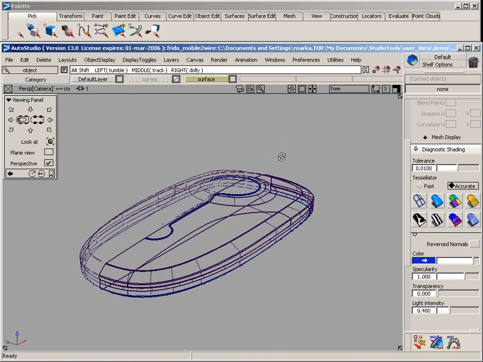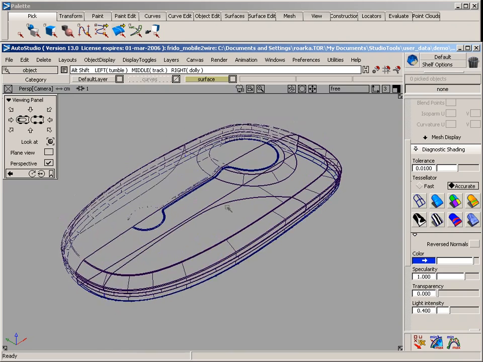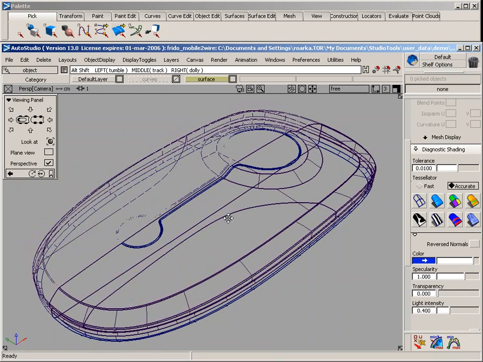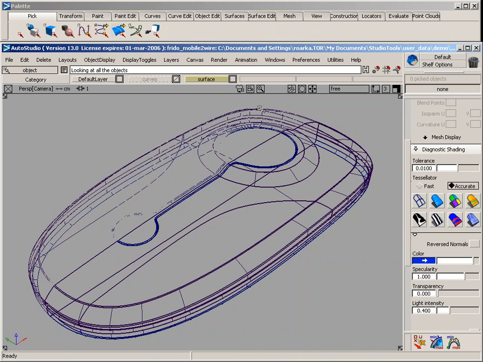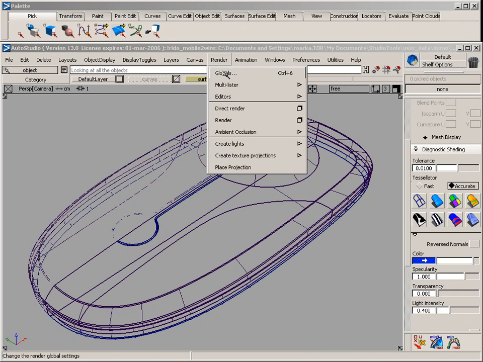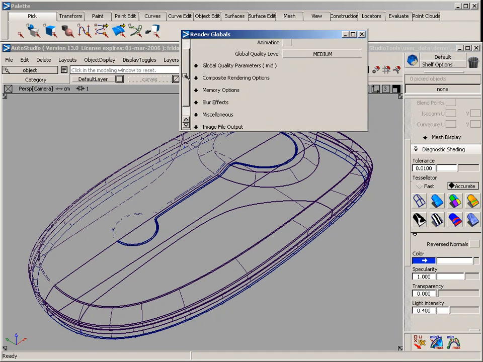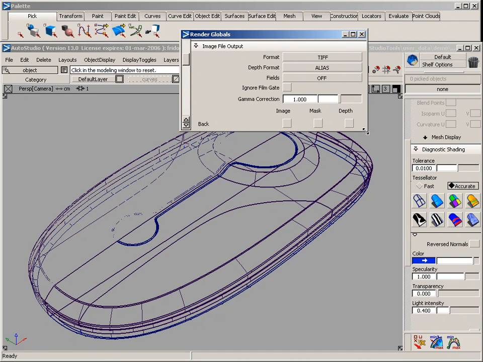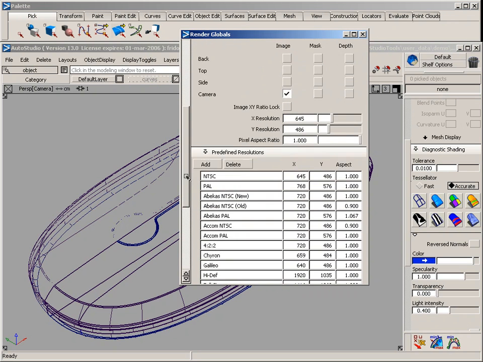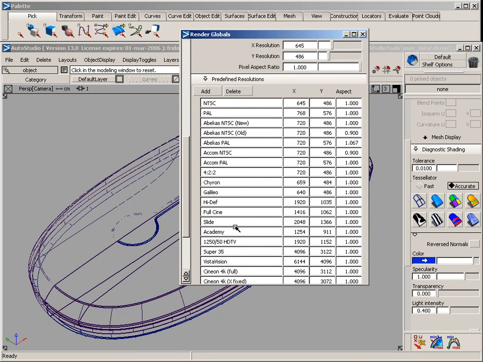With this also, when you're rendering, you may have noticed that when you create a rendering, you try to create a perfect composition, but once you've rendered, the rendered image actually may clip or trim on the edges. This can happen depending on what you choose in the globals. In the render globals, if for example under image file output you chose just the regular full screen view, which is located in this preview panel, or if you chose a particular resolution such as NTSC or different, we're going to go for let's say the full Cine version here. If you have this particular resolution that you want to render at,